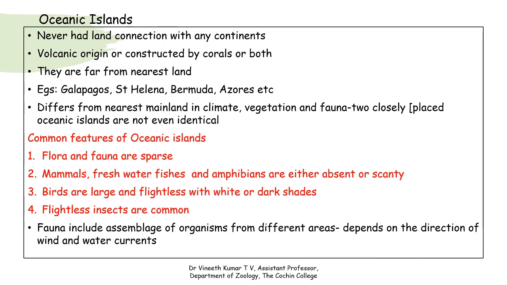The flightless insects are common in such areas, or such volcanic islands. The fauna include an assemblage of organisms from different areas, and that depends. The organisms might be from different areas, from different continents, etc. It might not resemble the nearest continent, and that depends on the direction of wind, water currents, etc., because these are the only agencies by which flora and fauna come into existence in such virgin islands,